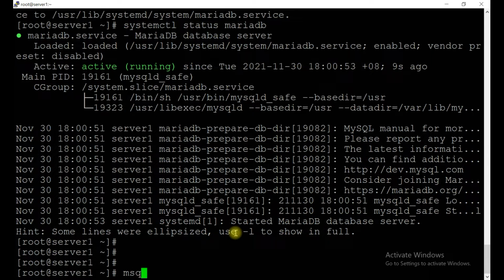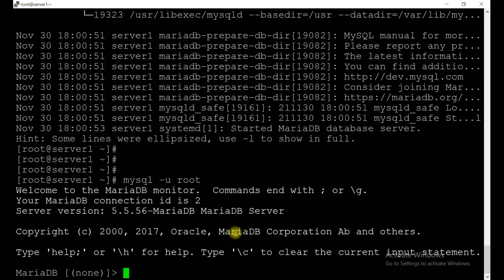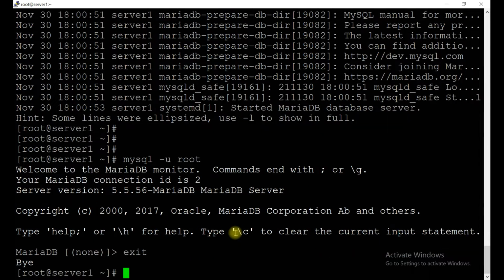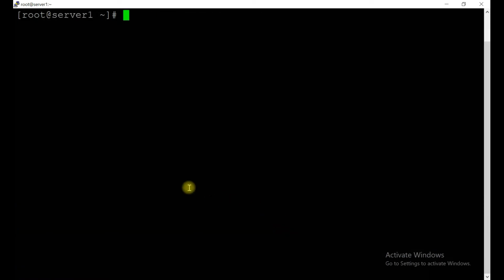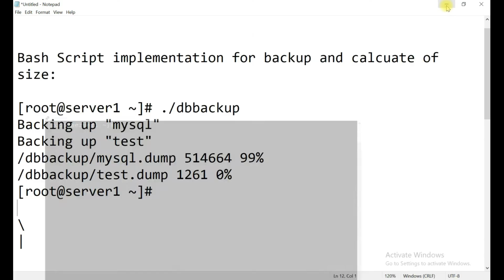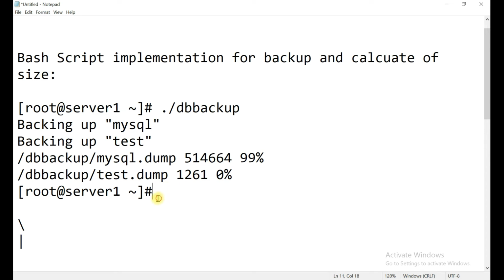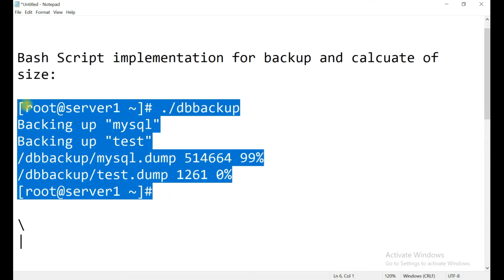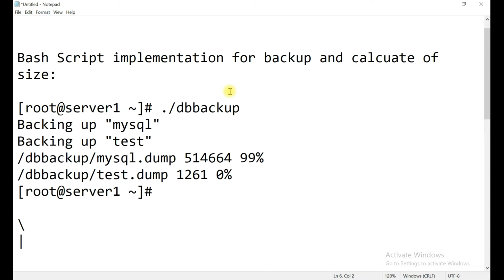Let's log in inside: mysql -u root. So we are able to log in. This is the output that we have to create. Basically, we need to take a backup of the databases and calculate the size.